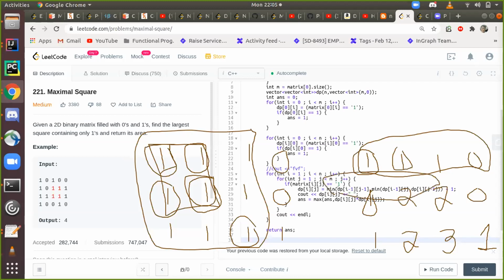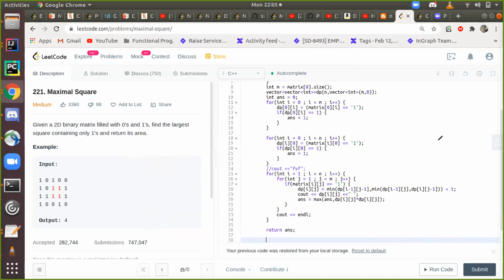In the solution, they say we are only taking the upper row for every row. We are only considering the values of the previous row, so we don't need to store the whole matrix. That could be done. Yeah, we can use 1D DP. That's correct. Yeah, that 1D DP is very difficult to understand later. And within the time frame, I think it's a bit difficult to come up with that. That's my experience.